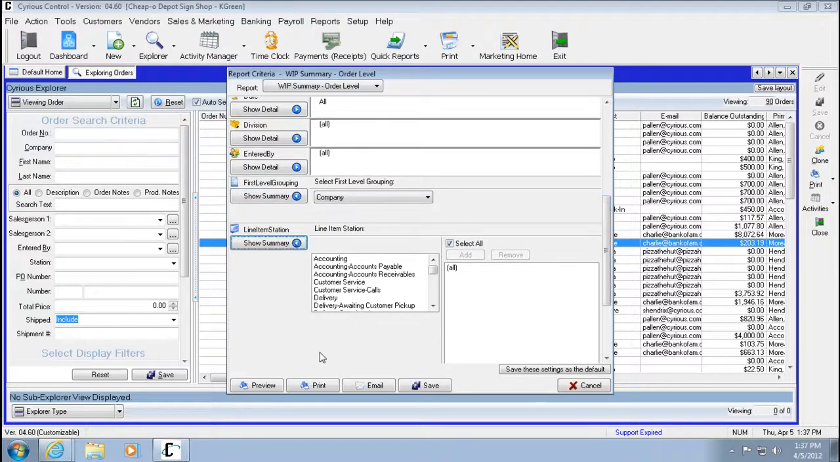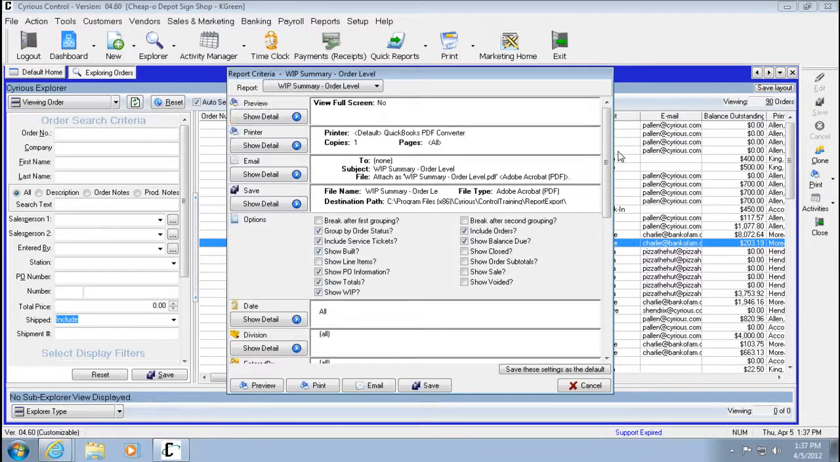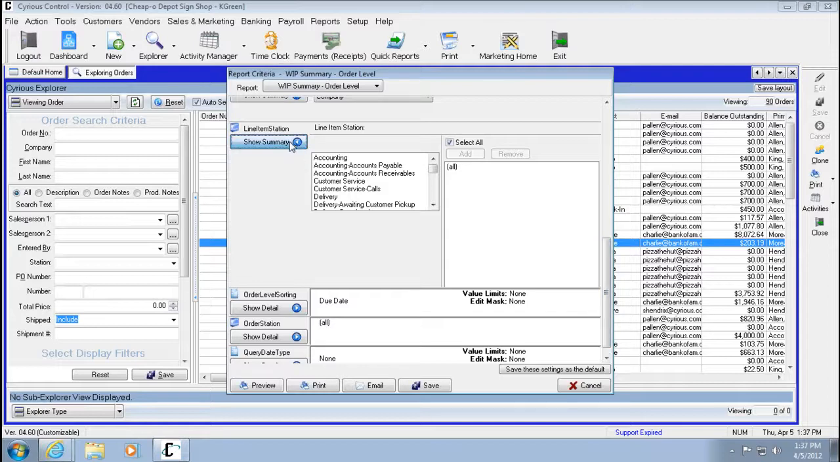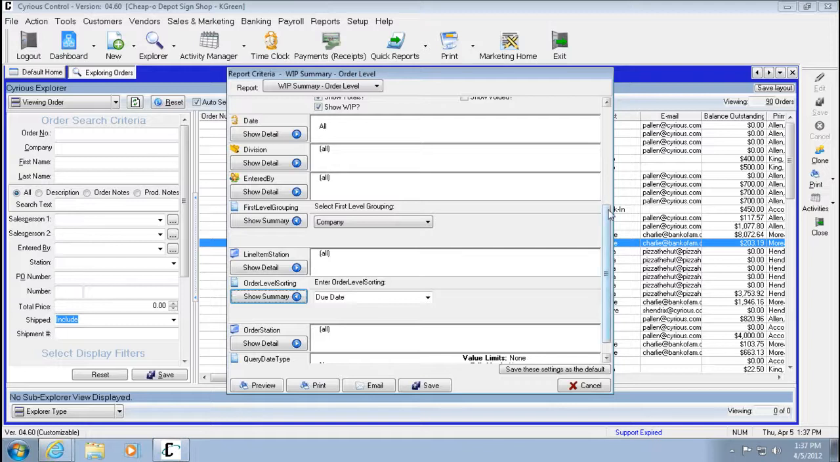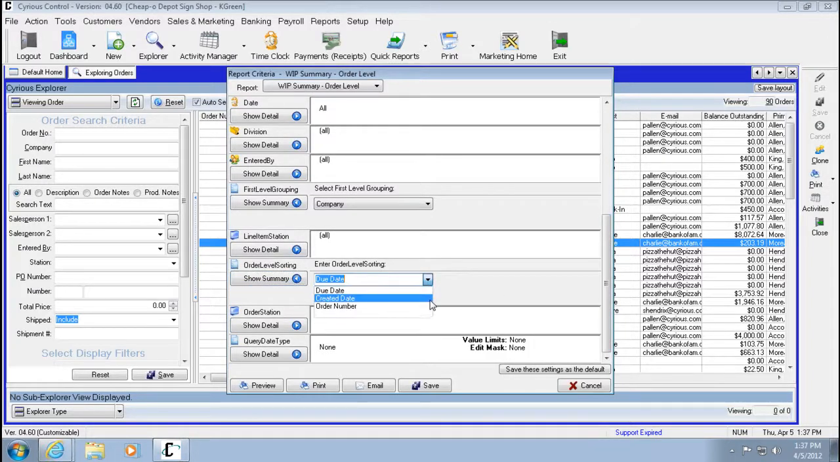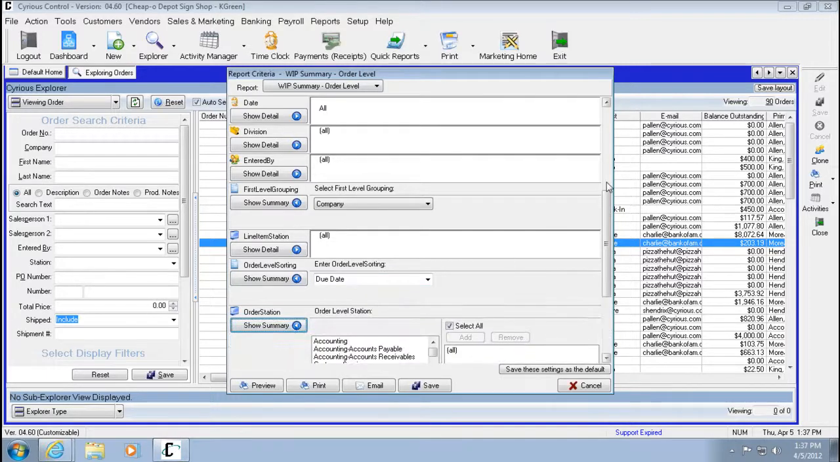It's really just the way you want to be able to view the information. Line item station, if you go back up here, you'll see show line items. If you do choose to show line items, you can check that. We'll leave it unchecked, and since it's unchecked, this isn't really pertinent for this example. Order level sorting, we can sort it by due date, order created date, order number. I like to leave it as due date personally, just to put the emphasis on what projects are due